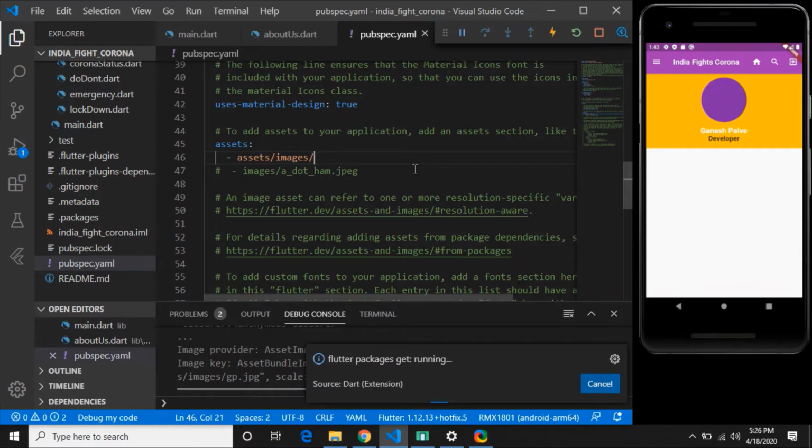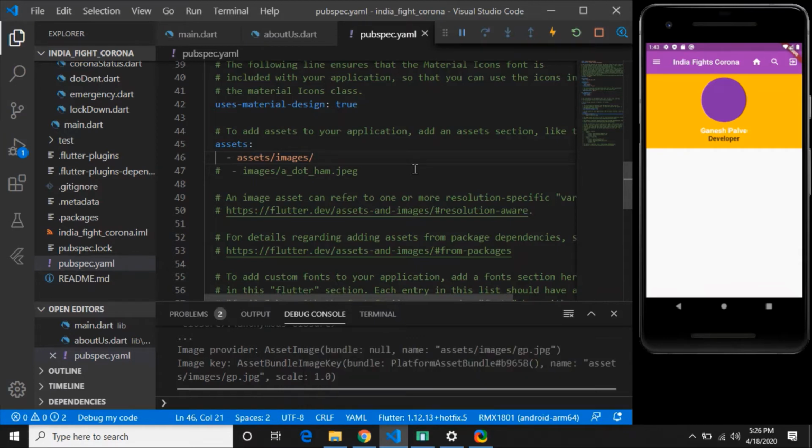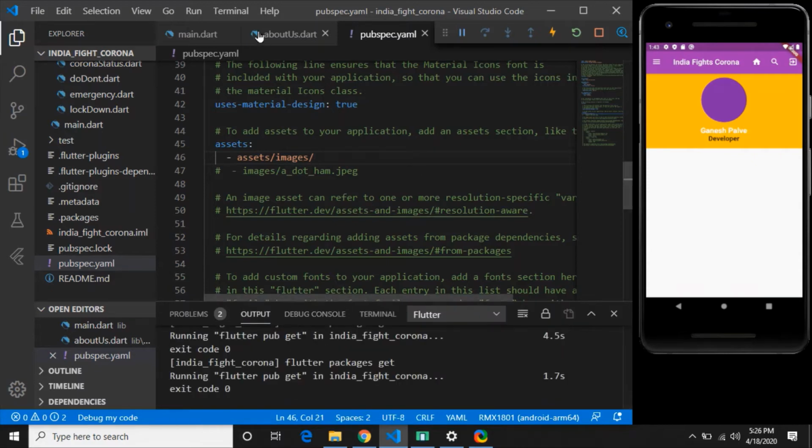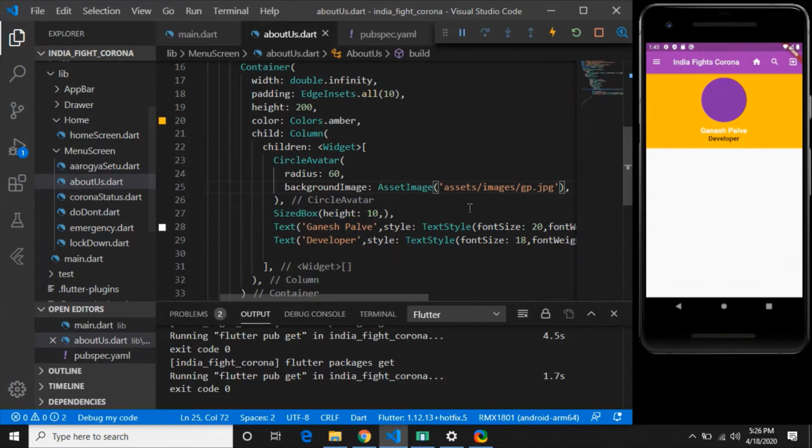Once this is done, if the exit 0 message is given, then you can come here and save it, and I hope you will get the image. Yeah, I got the image, right.